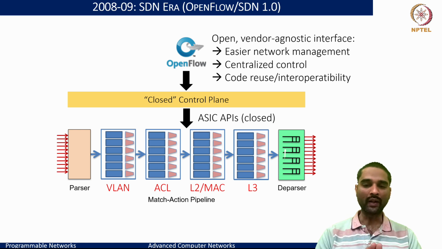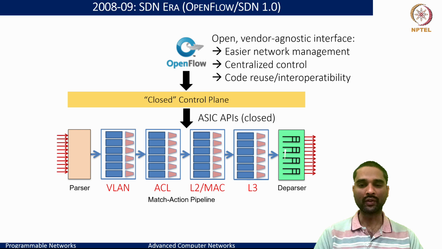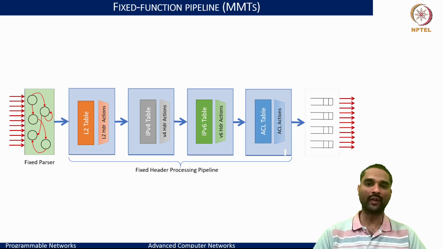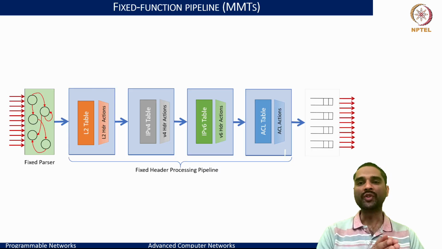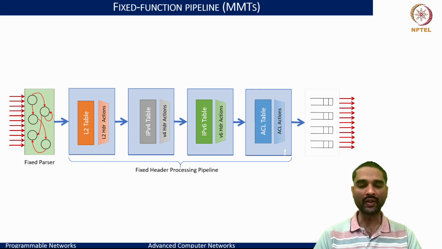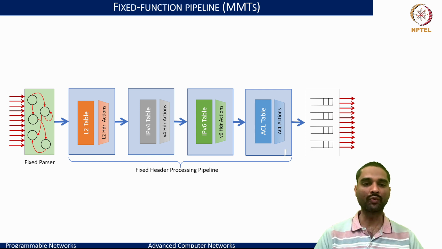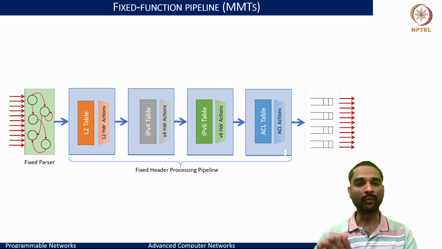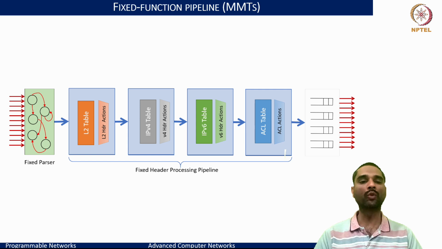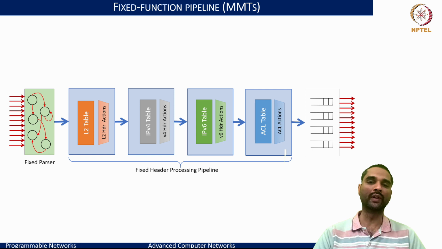And this pattern was applicable just at the interface of the control plane, but nothing underneath for the hardware. And what that meant is we still had these fixed function pipelines, and the capabilities would then still vest with a fixed parser. It means if I have OpenFlow headers, whatever we want to match and set up has to be supported by the underlying hardware. Only then would the OpenFlow variants work.